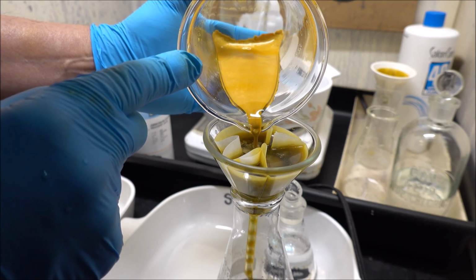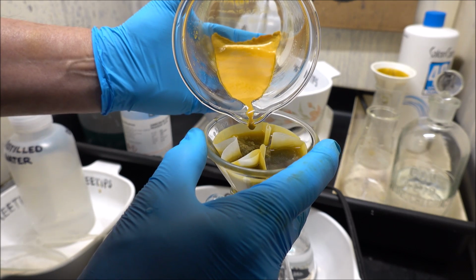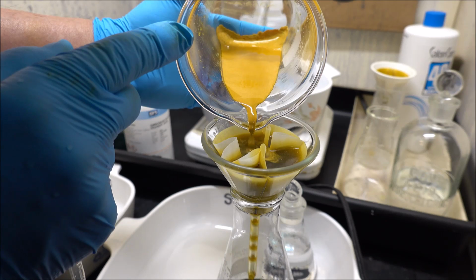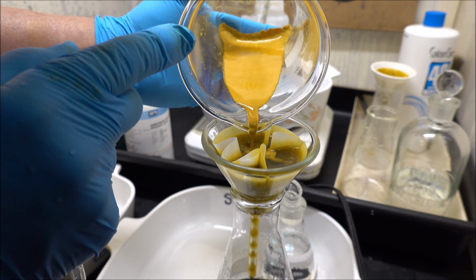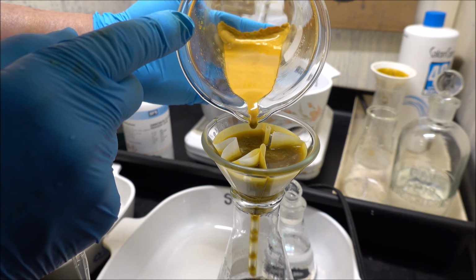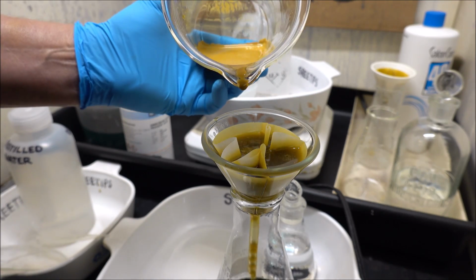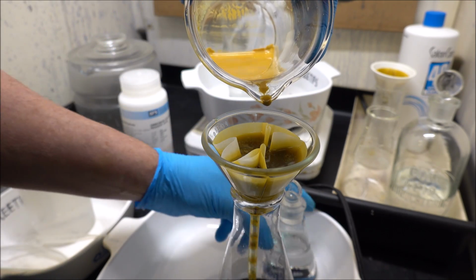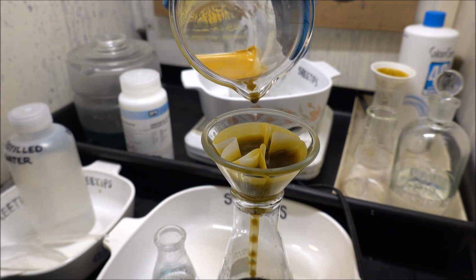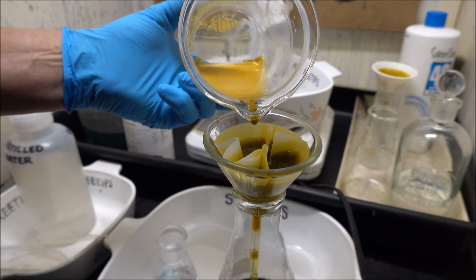That yellow material right there is our platinum. And this material is soluble in plain tap water. So what I'm going to have to use to get this out of here is some of this ammonium chloride water. This is a 15% solution of ammonium chloride. And I'll use it to rinse the platinum salt